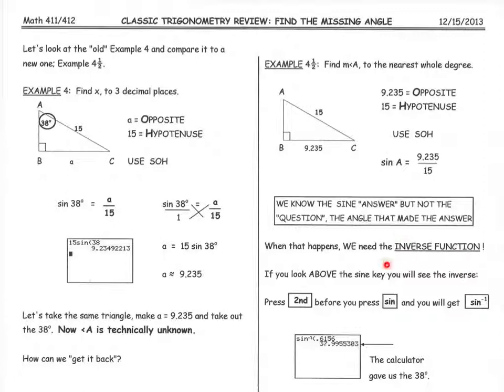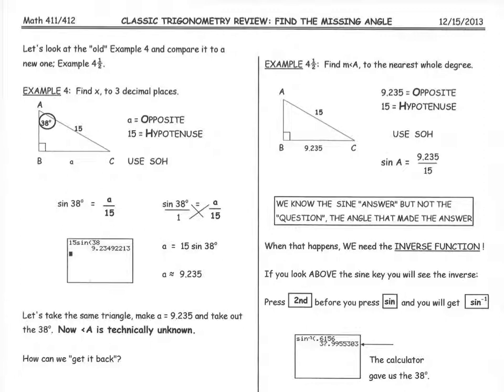If you look above the sine key on your calculator, you'll see where the inverse function is. It's the little sine minus 1 that appears above the sine key. In order to get to it, you have to press the second key in the upper left-hand corner, then press the sine key, and this is what will appear. So we tell the calculator that we're looking for sine inverse of